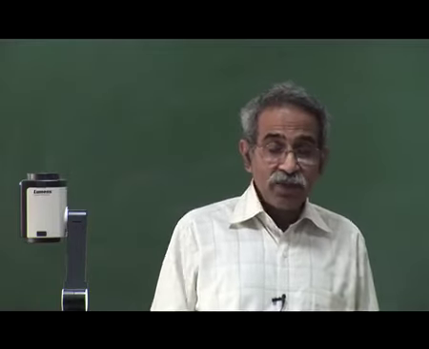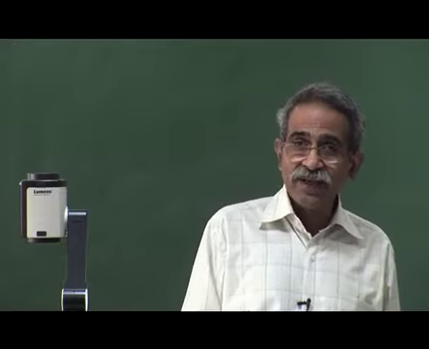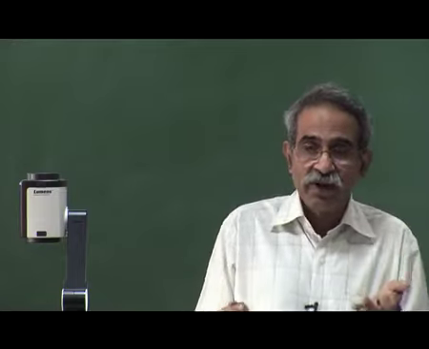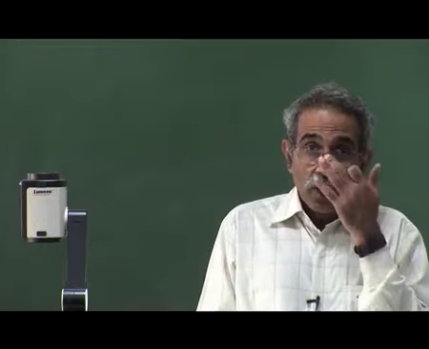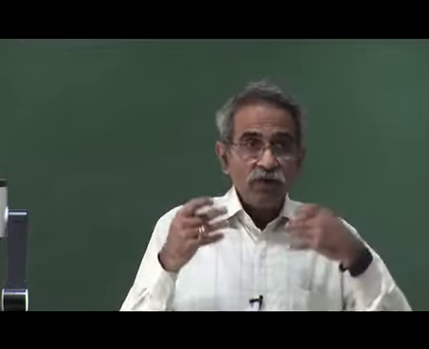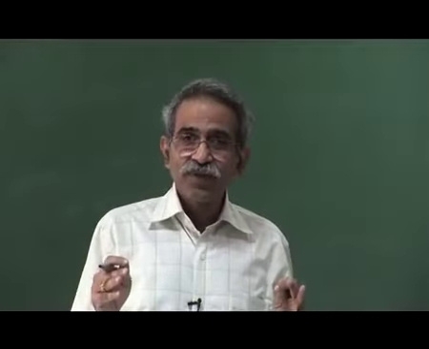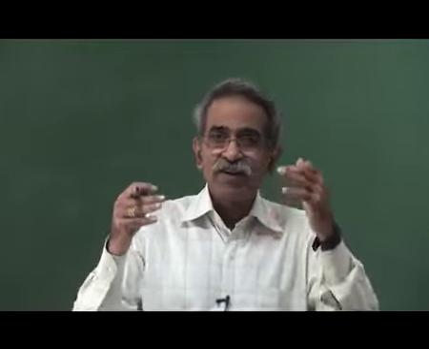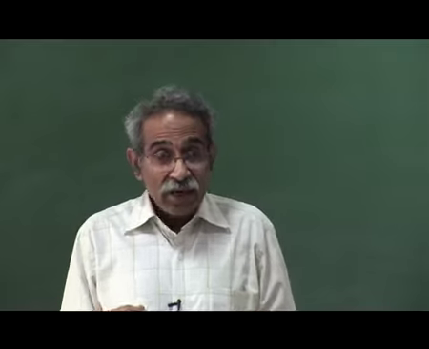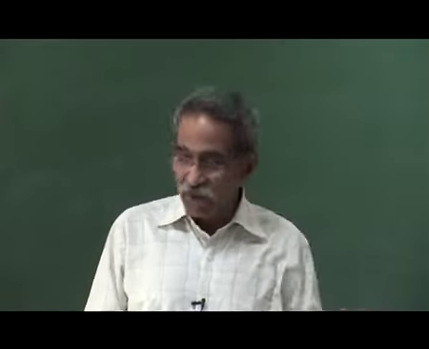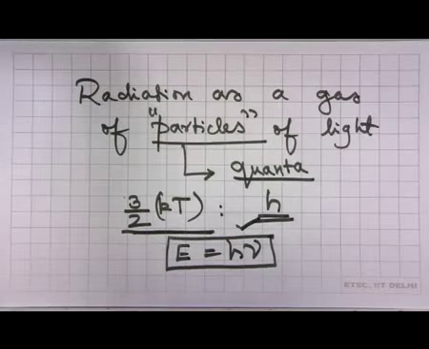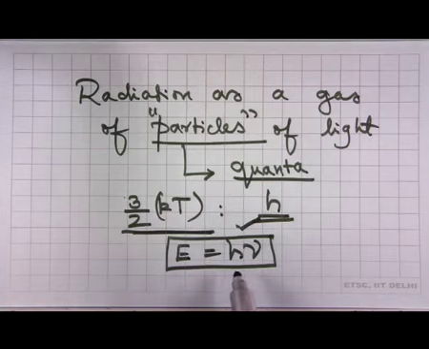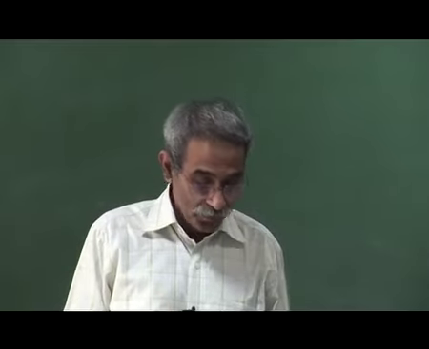When I take a black body, something like a metal, heat it to very, very high temperatures, then it starts emitting radiation. There is the Stefan Law, which you people have studied. Now, from the classical theory viewpoint, waves of all possible frequencies are emitted. From the point of view of Planck, photons of all possible frequencies are emitted, and the energy of each photon depends on the frequency. E is given by h nu. That is what you are going to have. So this 3/2 kT can be related to the nu mean, the mean frequency, and on either side it falls off. That is what Planck did.